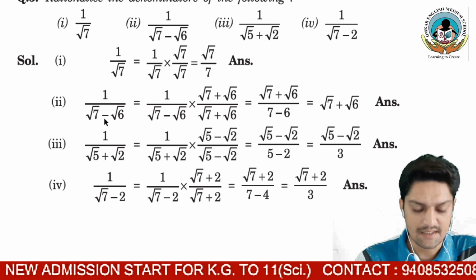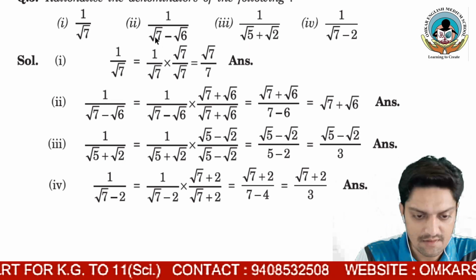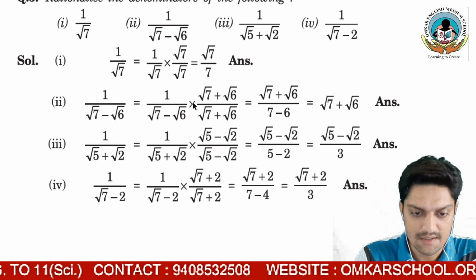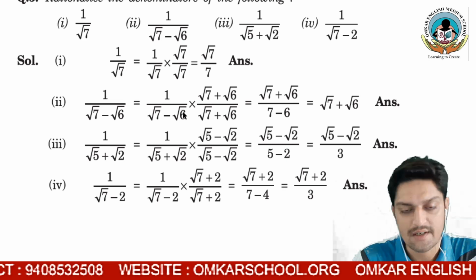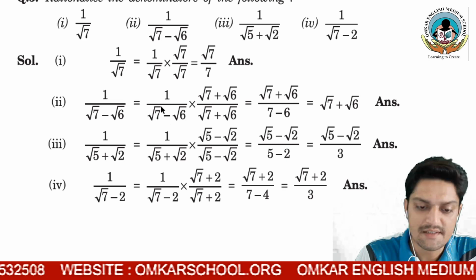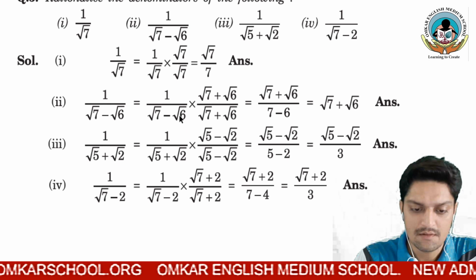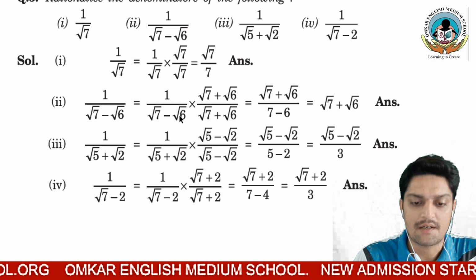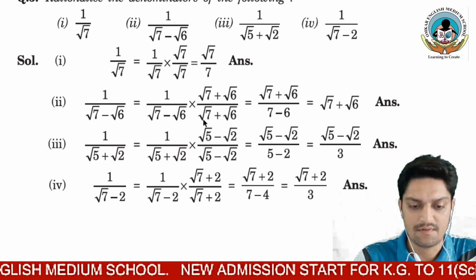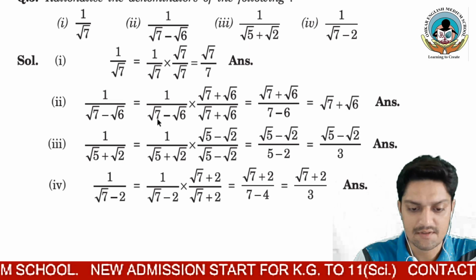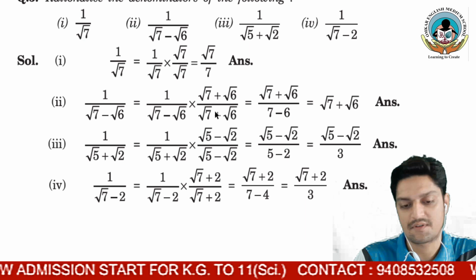So now here you can see in previous question there is only one term, but here there are two terms. When the two terms are there, and if you want to rationalize, the number should be same. From the denominator the number should be same, but the sign must be opposite. So for example, here you can see root 7 minus root 6, so that should be root 7 plus root 6. Here you can see there is minus sign, so in our answer it should be plus sign.